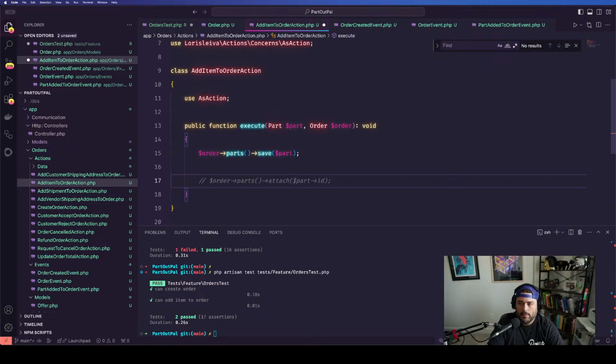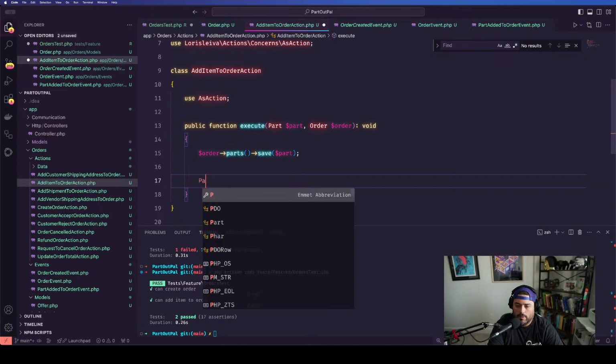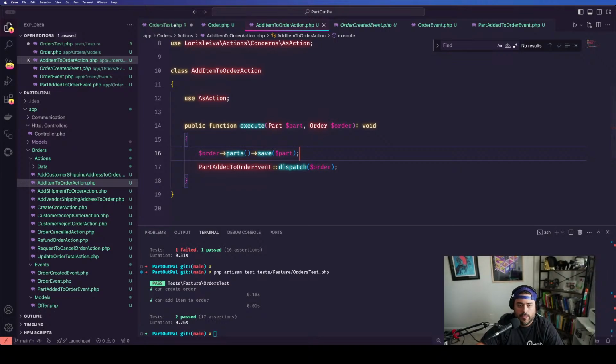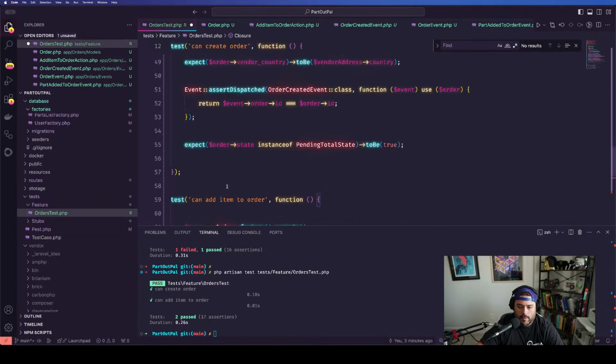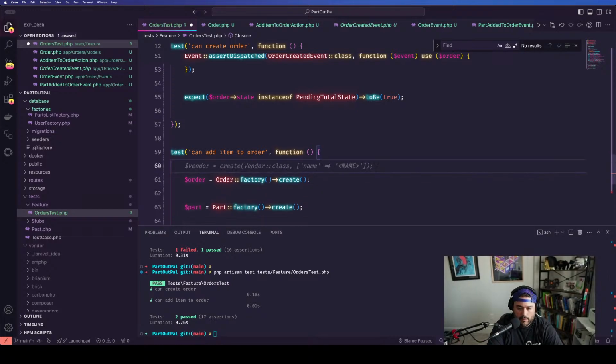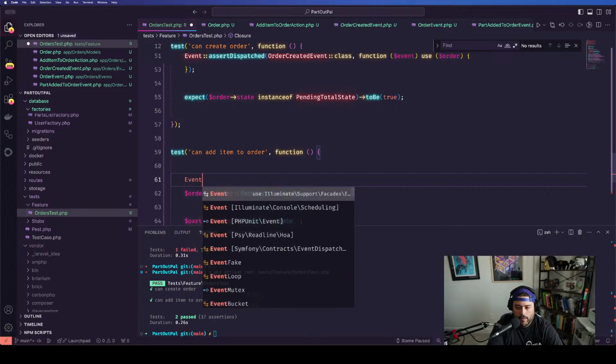And you know what? I just extended that, but maybe I want the order. No, because you can get it on the order. No, we're good. All right, so let's do part added to order dispatch. All right, cool. Now we can assert that in our test. I need to move this to the top level declaration because I don't want to keep doing event fake, but